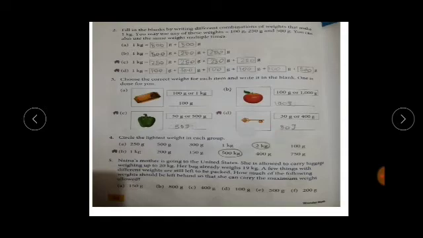In the same way, look at this. First cut the gram ones, because we have to find the biggest one. Okay, then two weights are given. One is 1 kilogram and other is 500 kilogram. Which is bigger, 500 or 1? 500. So its answer is 500 kilogram. Okay children.